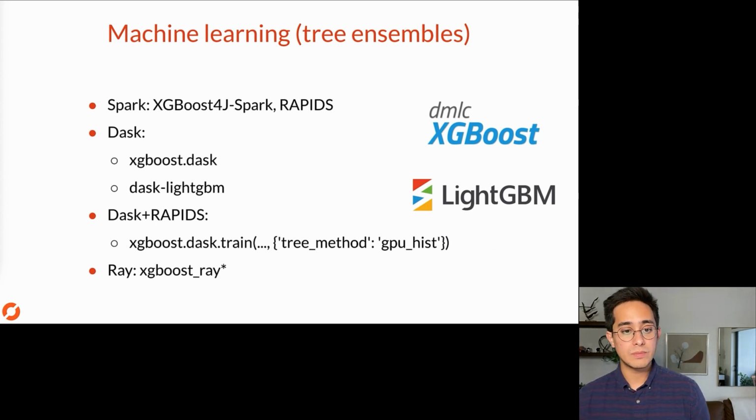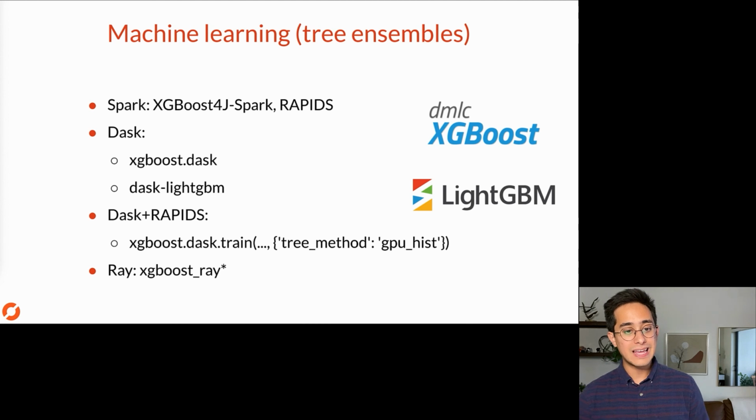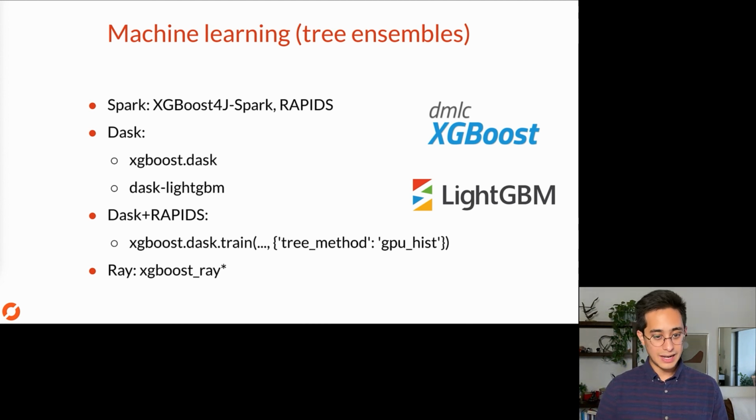Okay, now when it comes to tree ensembles, this is specifically XGBoost is mostly what I'm focusing on, and then LightGBM as well. XGBoost has ways to parallelize model training with all of these tools. With Spark, it's a little clunkier. I think the XGBoost4J-Spark package, I've tried to get it working with Python, and I haven't had a lot of success. Rapids also has some stuff integrated with Spark to do XGBoost, but I think it required some private forks to get it working. So it's not a super native integration.